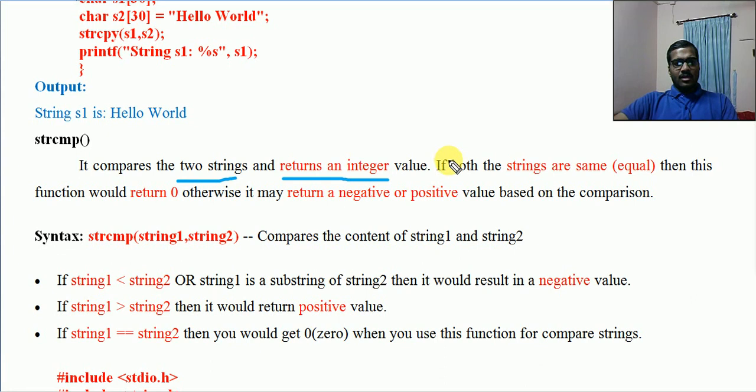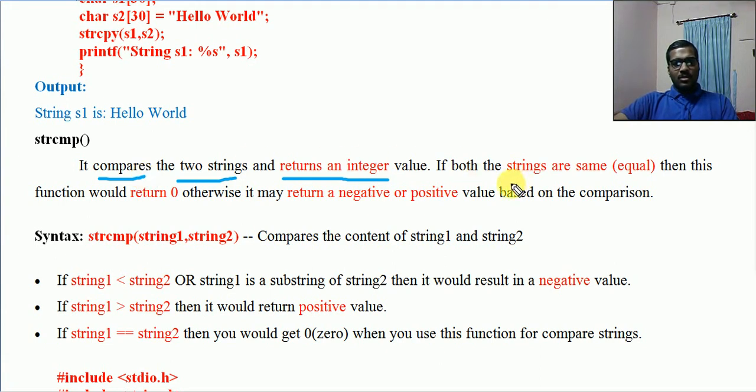Now what is this integer value? Based on the integer value that we get through the return, the comparison result is decided.